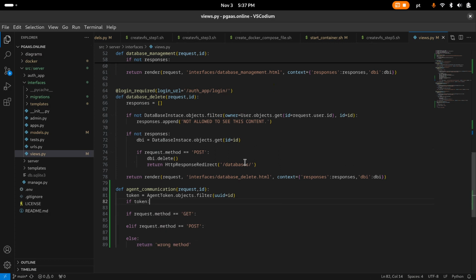If token equals token on 0, else return an unauthorized. Okay,